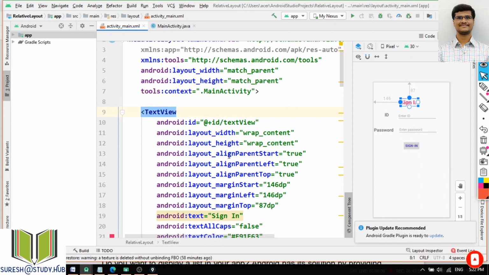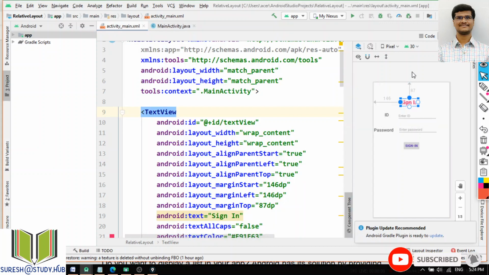Okay, layout width and layout height, and alignParentStart I am setting to true, and alignParentLeft true, and alignParentTop true, and marginStart, what is the margin start, it is 146, and marginLeft, from the left it is 146.